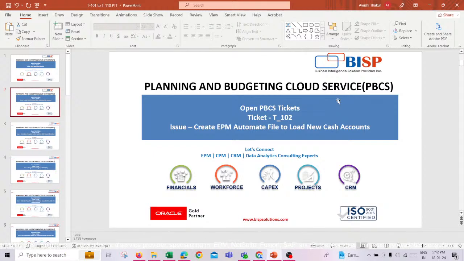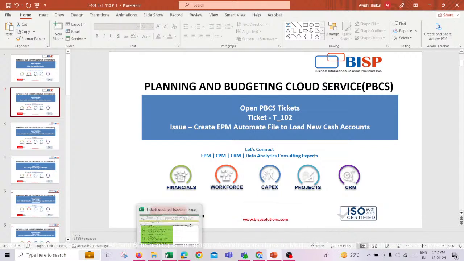So right now you can just load, so you can just create EPM Automate file to load new cash accounts. After that you have to